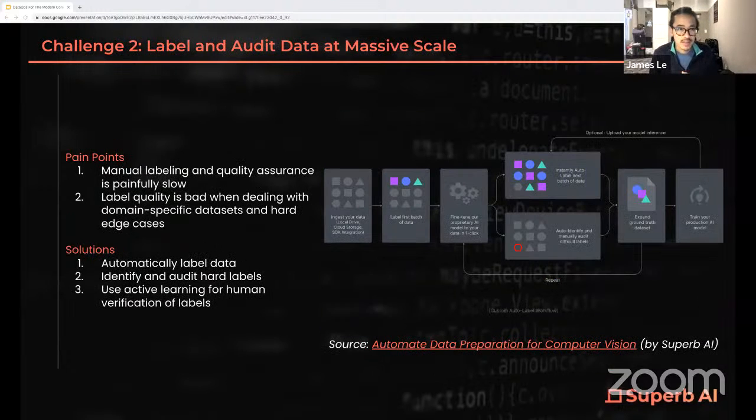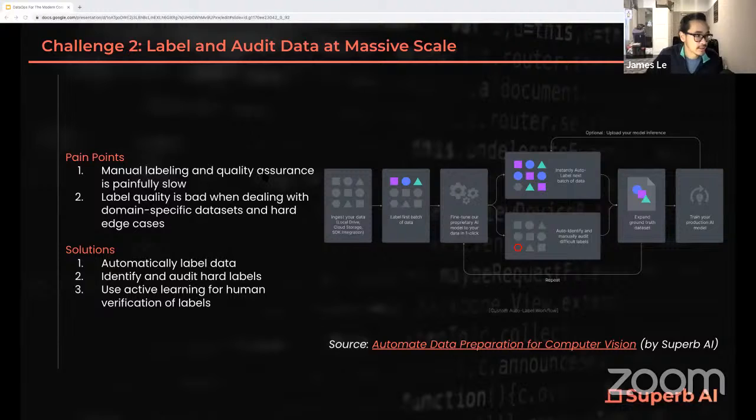The second challenge is data labeling, which I also talked about three slides ago. So the idea here is that training a computer vision model requires a constant feed of large and accurately labeled data sets. However, this process requires considerable time and capital commitment, especially since most of the labeling and QA is done manually by humans. So my team at SuperBI, we have worked on this problem for several years now,